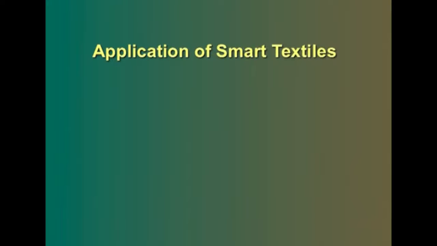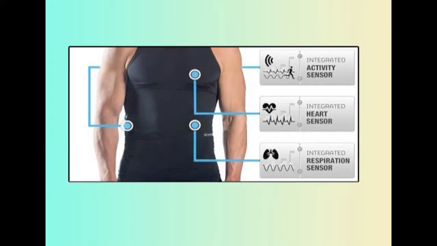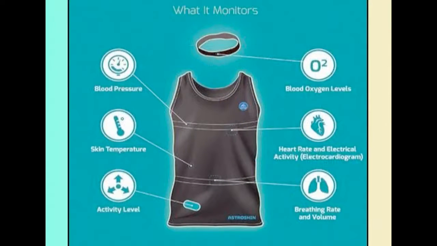Application of smart textiles. Let us understand for health. The development of wearable monitoring systems is already having an effect on healthcare in the form of telemedicine. Representative examples are wireless enabled garments with embedded textile sensors for simultaneous acquisition and continuous monitoring of ECG, respiration, EMG and physical activity. The smart cloth embeds a strained fabric sensor based on